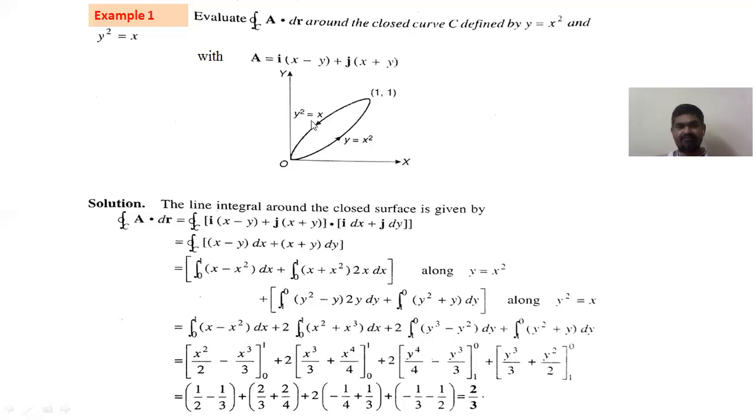Whenever two curves are given to calculate the line integral, first you observe where the path is. There you have to substitute the respective functional values. Wherever dx, dy is there, you differentiate that and substitute, and you have to take the entire term in a single variable along one path. For the next curve we have done the same procedure: single variable, y square only, all y terms. In the first term, only x terms are there. Then apply the limits, perform the integration, calculate, and you get the answer.